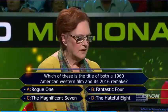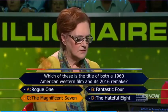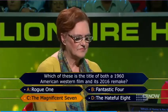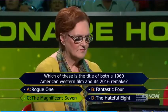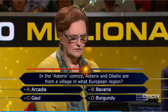Okay, lock in C, The Magnificent Seven. What a great movie it was too. Certainly the 1960 version. Yeah. Correct for $2,500. I'm inclined to say Gaul, but I don't really...